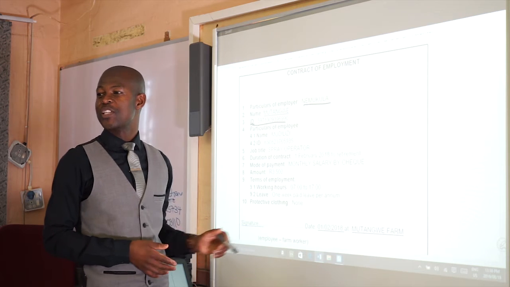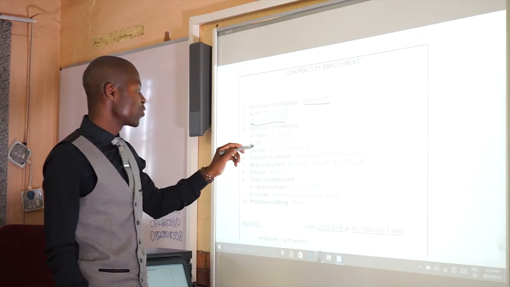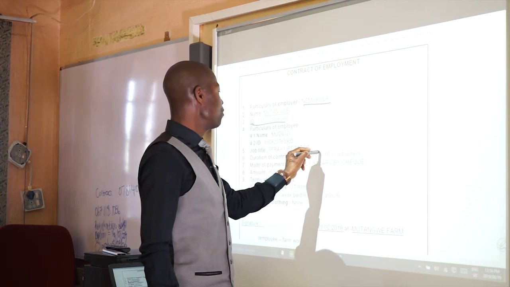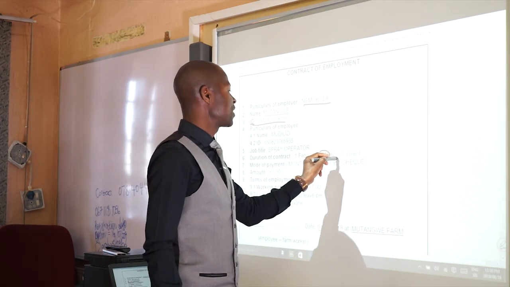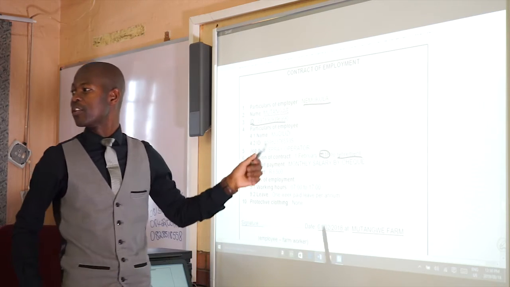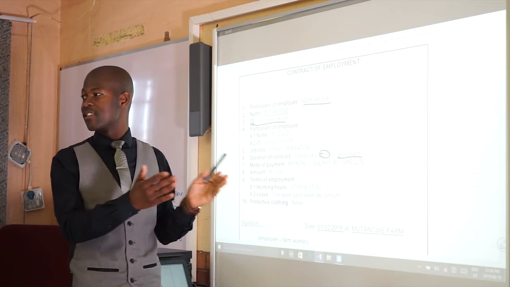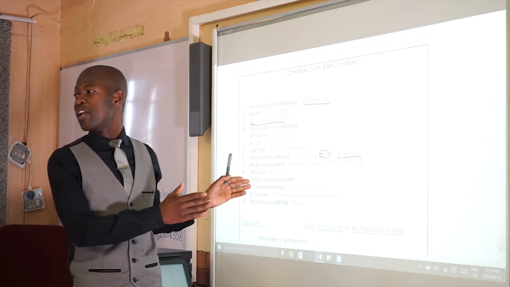So now this speaks to the type of labor. So we can be sure that this labor is what? It says from 2018 to retirement, which says that this person is a permanent labor. This is a permanent contract, because this person will work from this day till the person retires. So it speaks to the type of labor that you are